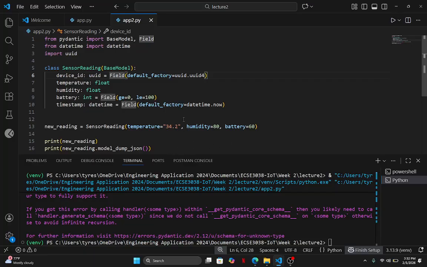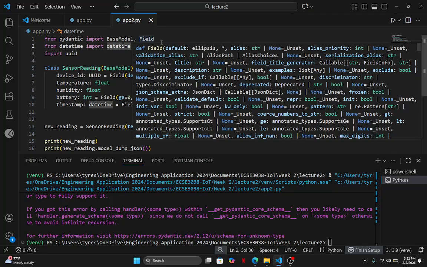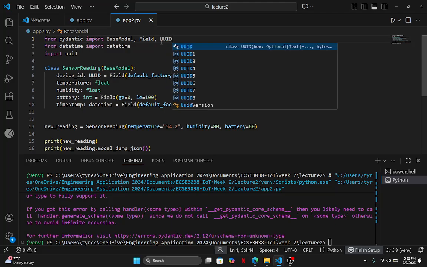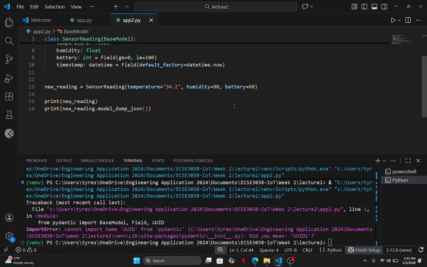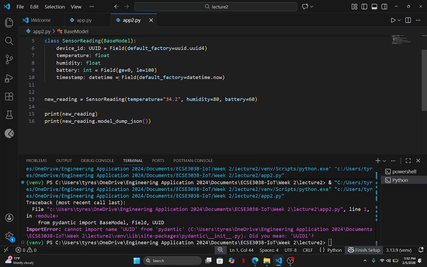All right, I need to figure out how that part works. Let me see if I can use UUID. Do I need to import UUID? Good question. Let's see. All right. I can stop fiddling. I'm just going to see if I can figure out how to do that, and I'll probably post in the group.